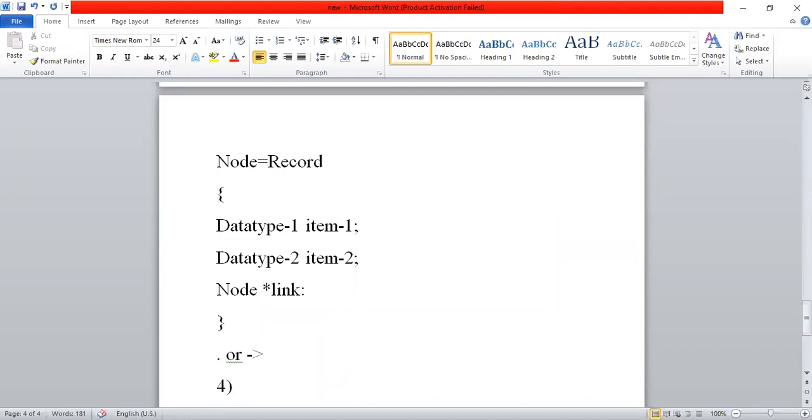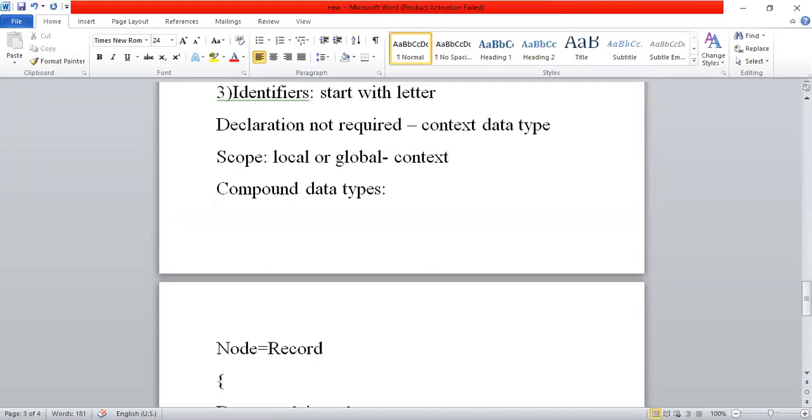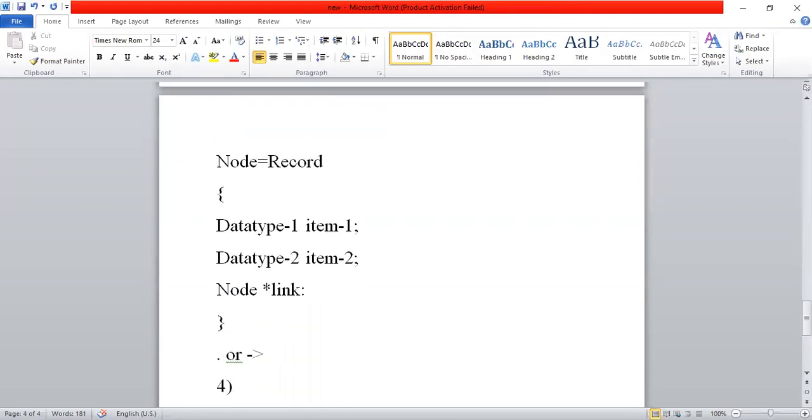So what do we mean by identifier? An identifier is any variable, function name, procedure name, or any other name involved in an algorithm or program. Generally we start an identifier with a letter. We cannot start with a digit. Underscore also we can use, but I told you the reason why we do not prefer underscore for starting a variable name. Simple variable declarations are not required in the program, and scope is also not required. We are not showing local or global, or whether integer or float, but based on context, as a programmer or developer, we can identify. Compound data type items are represented like this, as a structure. So this is about the third item.